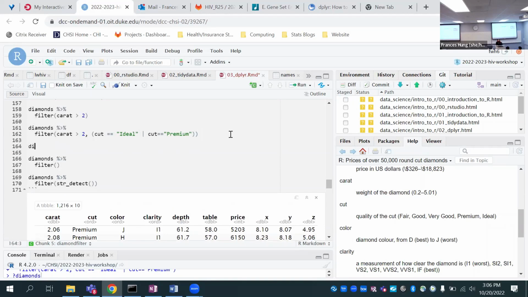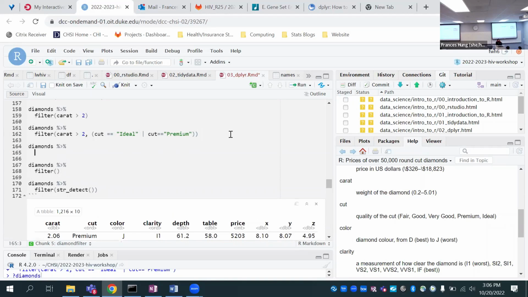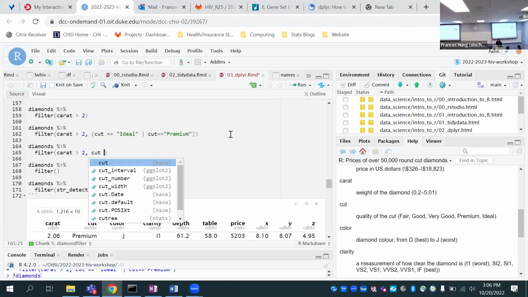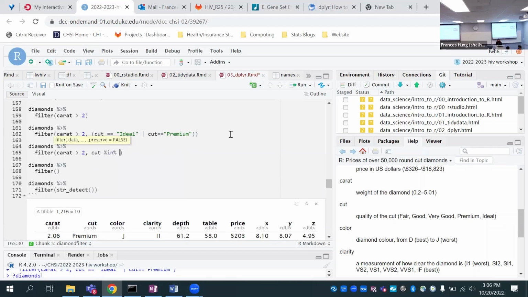Another way of doing it is you could use something called an in command, kind of, where you have cut in this vector, either ideal or premium.